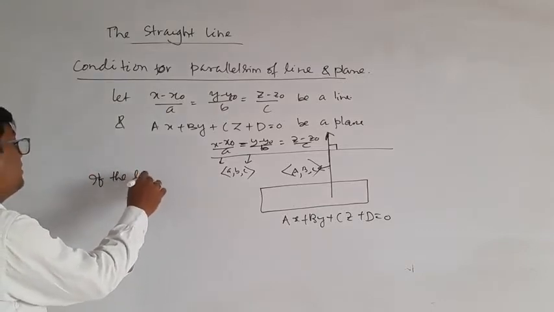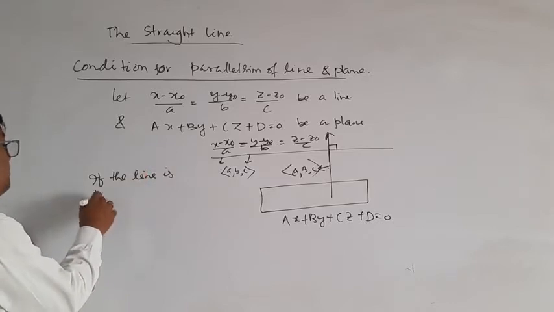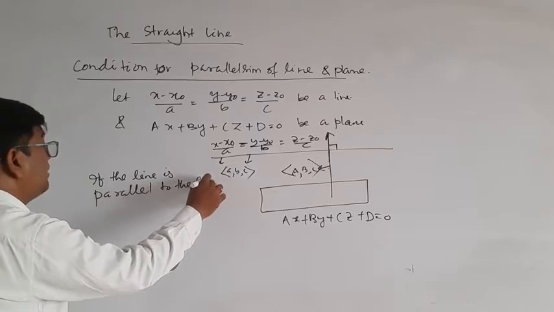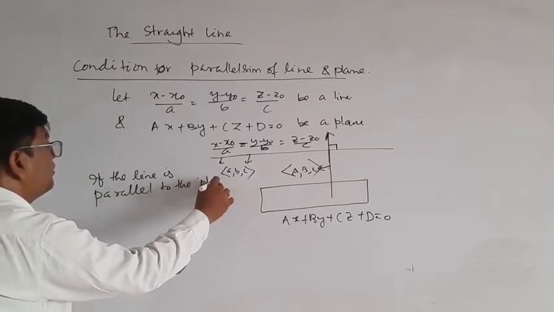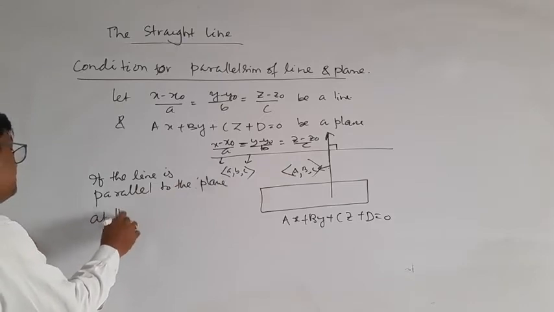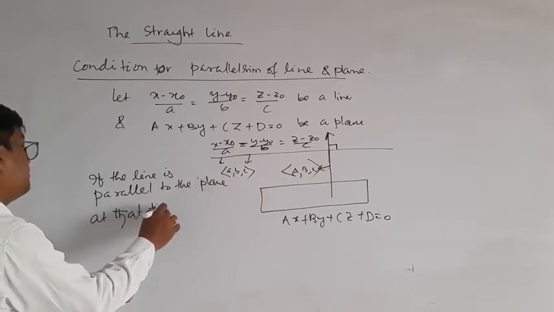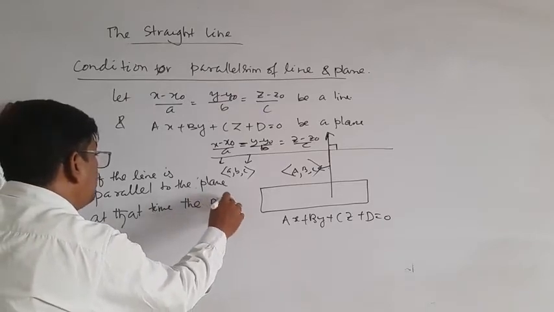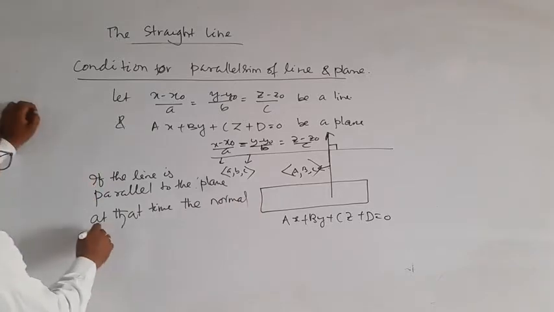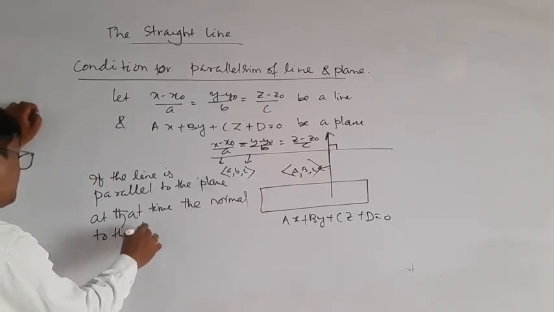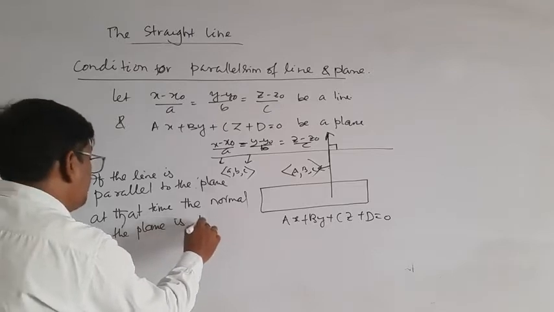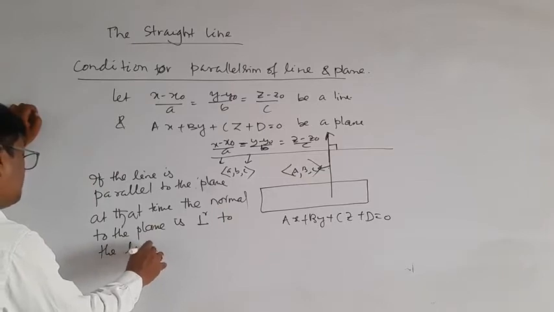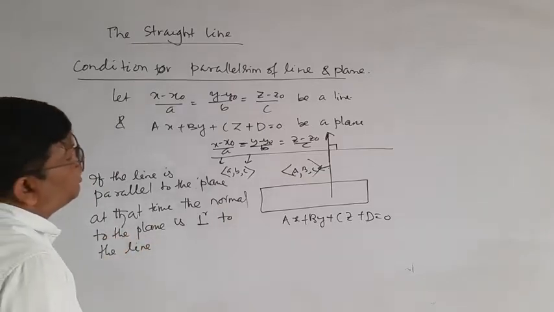If the line is parallel to the plane, at that time the normal to the plane is perpendicular to the line. So apply the condition for perpendicularity between two lines, that is,